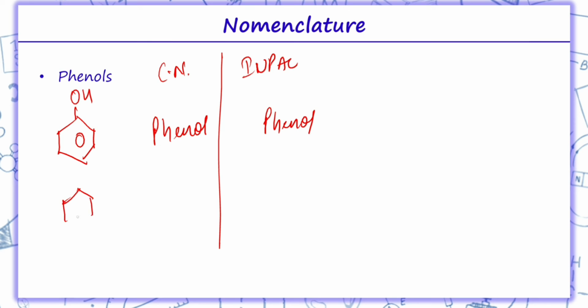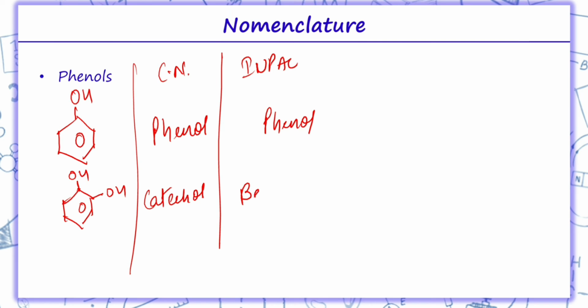But if two OH groups are attached to the benzene ring, its common name becomes catechol and the IUPAC name is benzene-1,2-diol. If two OH groups are attached in the meta position, this is known as resorcinol